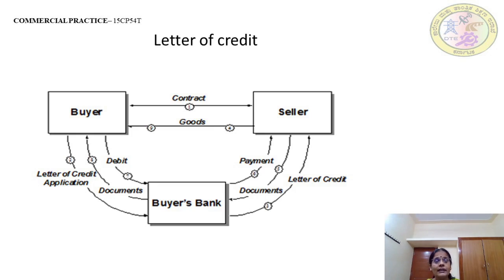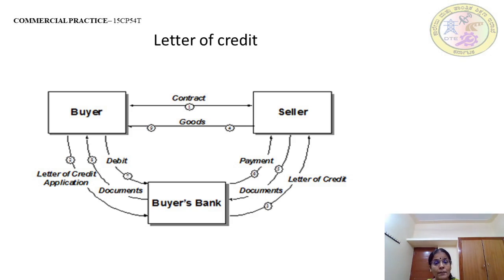That is, the buyer has to give the banker the letter of credit application and the documents. Then the buyer's bank will finalize the creditworthiness and trustworthiness of the buyer, and give this letter of credit to him to make the payments to the seller. And this support the bank gave towards its customer is called a letter of credit.